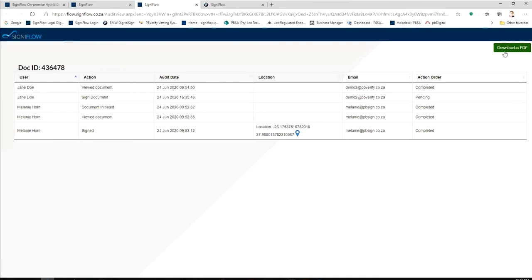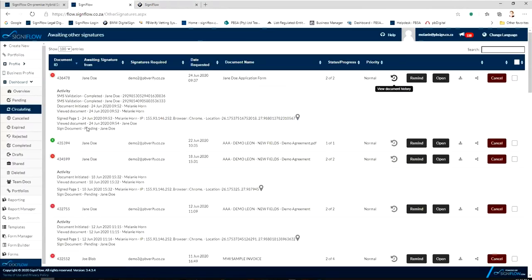You're also able to download this in a PDF format, although the audit trail from SigniFlow will automatically be embedded inside of the actual PDF that was signed. So that technology is called steganography. So steganography, where the image occurs inside of the signed PDF, this actual audit